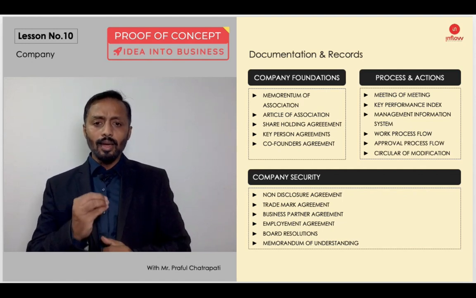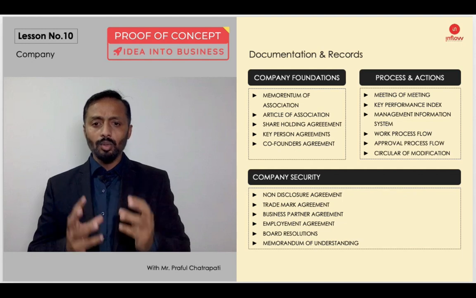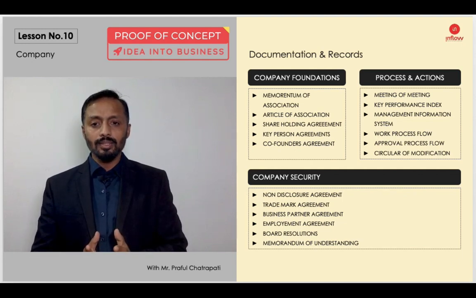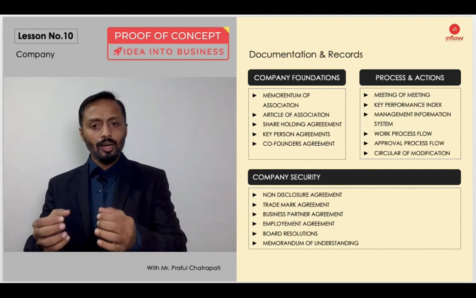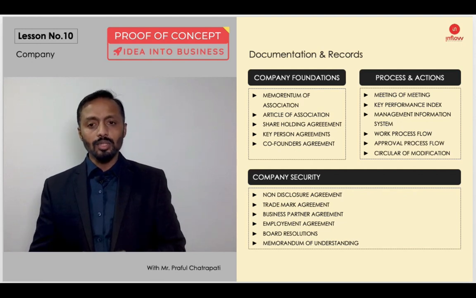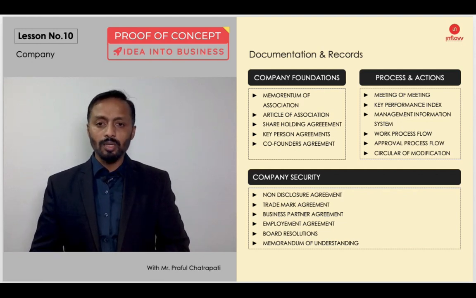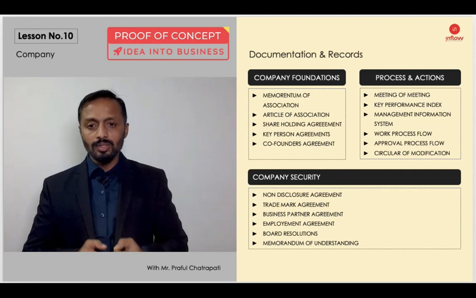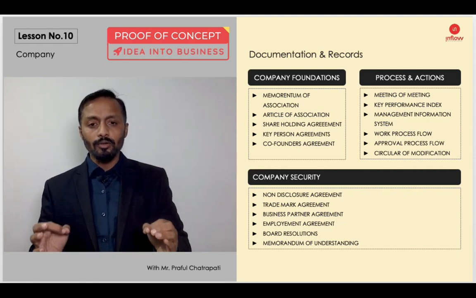Business partner agreements: wherever you are doing any kind of business, have a practice that at least a small piece of paper or a few templates get signed by them. So you will have something on record. The terms and conditions are going to be transparent with each other. Roles and responsibilities are transparent with each other. There will be no confusion.